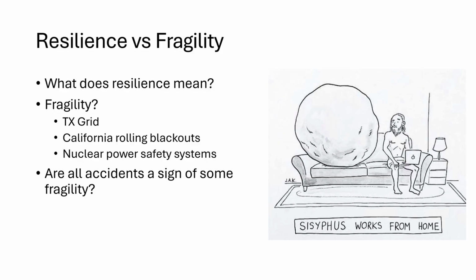And typically I would say yeah, except if a meteor strikes your plant, okay, I don't know how you could have been resilient in that sense, in a way of designing for it. Now your response could have demonstrated resilience if you've got really capable staff that responded appropriately or in some heroic way and maintained continuity of operation. But typically all accidents are a sign of some fragility. And keep in mind, the accident is not the cause here, it's just a symptom. So that's important to be aware of.